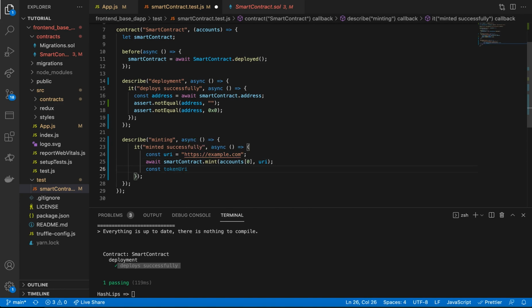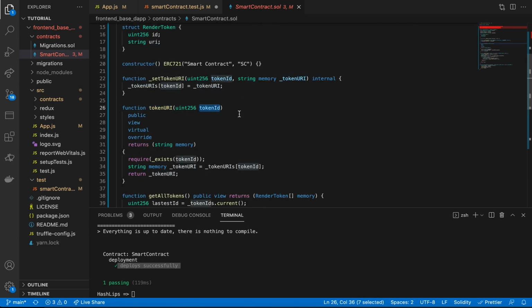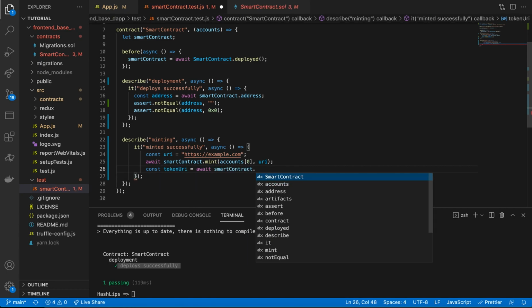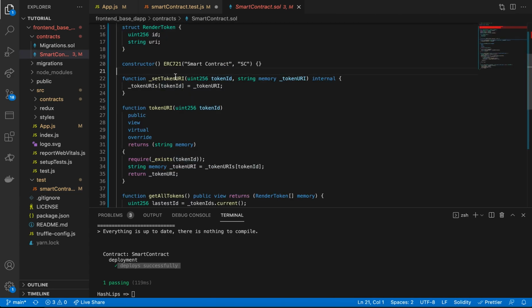Perfect. So after we've awaited this smart contract for it to mint, we can actually now get the token URI. How do we do that? Well, again, back in our smart contract, we have this function called token URI, which takes in a token ID. Now, if our smart contract minted this NFT, it should have minted the token on ID 0. So basically what we can say is we want to await this smart contract dot token URI, and I think the function is all caps. We'll have to just double check that, and yes,